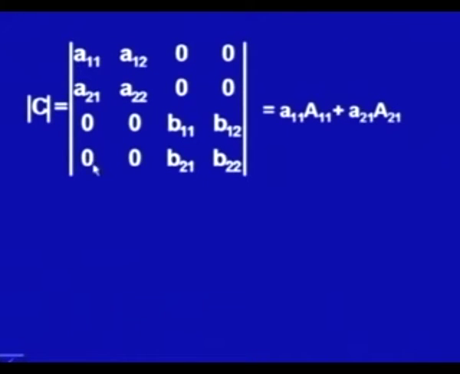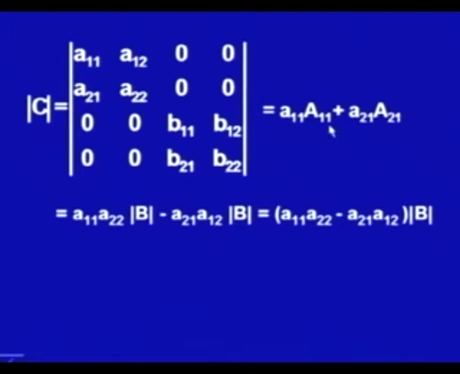In fact, we select the particular row or column which has some of the terms zero. Now, in this case every column or row has 2 zero terms, so it does not make much difference whether you use this column or that column, but for convenience I am using this particular column. Now, what is the cofactor of A11? It is obtained by neglecting this row and this column, that means this particular determinant. To evaluate this determinant I will again expand by cofactors.